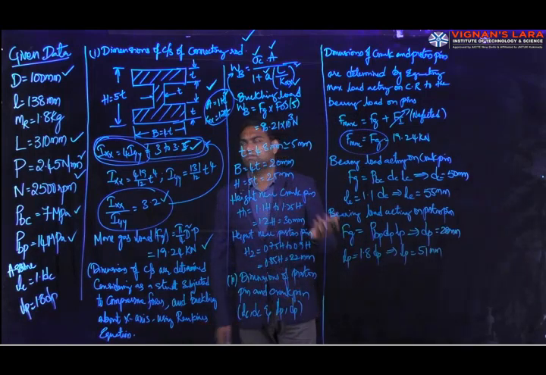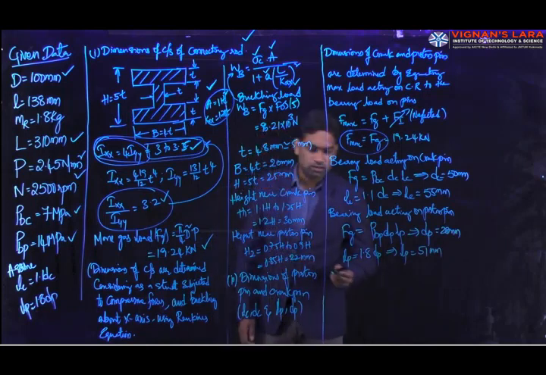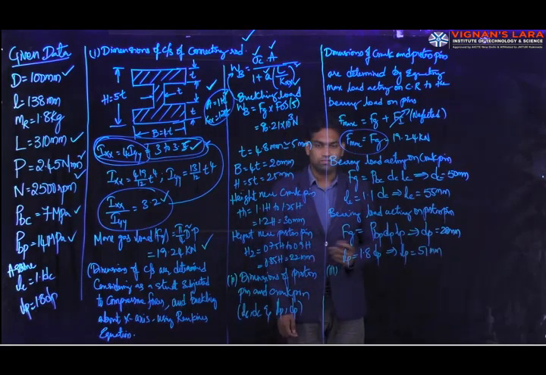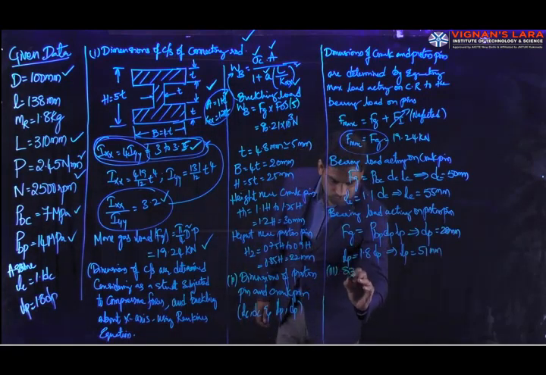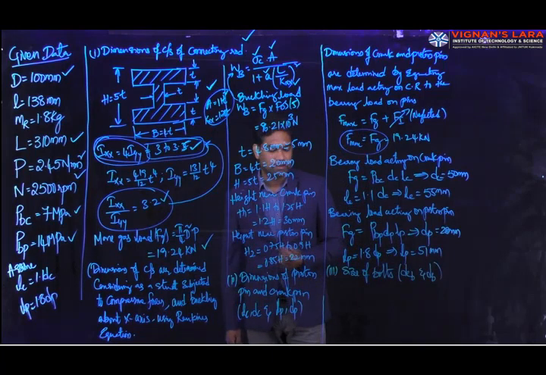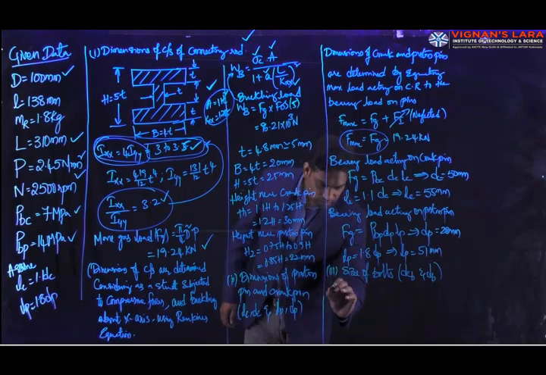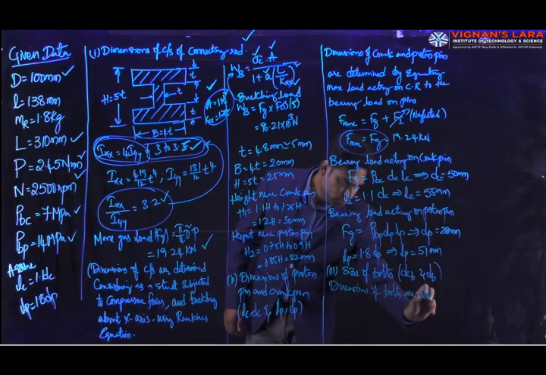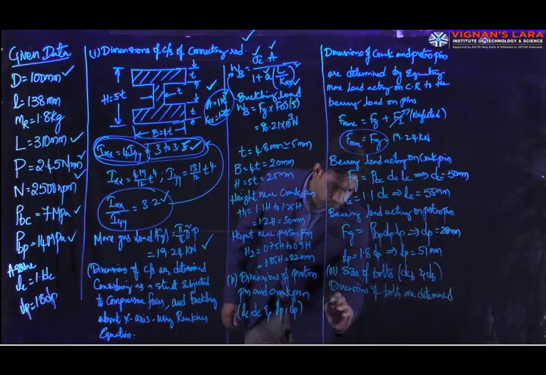So after completion of finding the dimensions, we go with step number 3, that is determining the size of bolts. We can denote the size of bolts as DCB and DB, where DCB is the core diameter of bolts and DB is the nominal diameter of bolts. So I need to determine the diameters. Here again I can write the statement: the dimensions of bolts, that is the diameter of bolts, are determined by equating